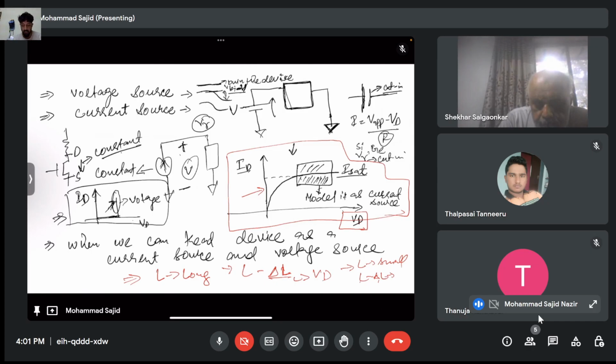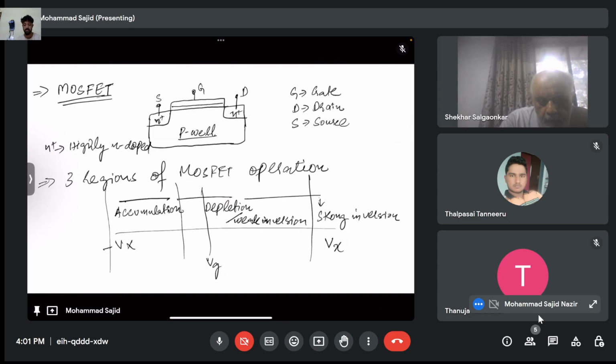Okay, so let's move. Next, in the semiconductors we discussed the MOSFET. Here I have just shown the three terminals. We may have a body terminal as well, but let's focus on three terminals here. So this is a basic schematic of a MOSFET. What is this type of MOSFET? Is it an N channel MOSFET or a P channel MOSFET? N channel. Why? Because the substrate is P and the source and drain are N.